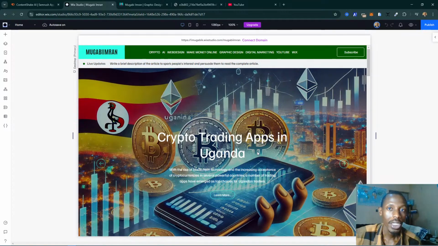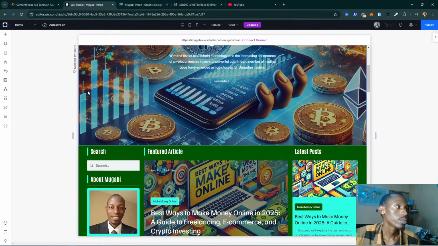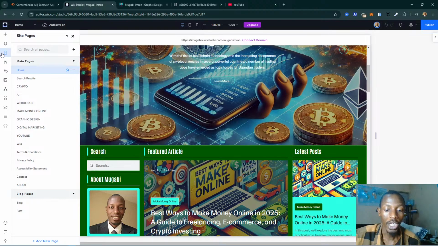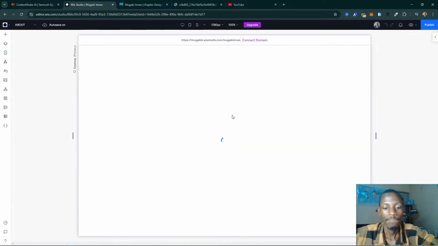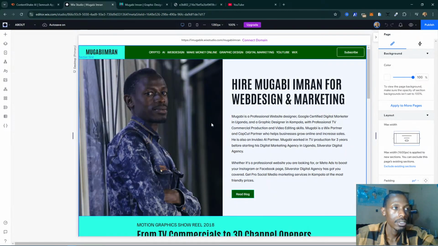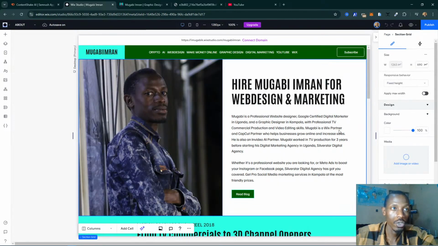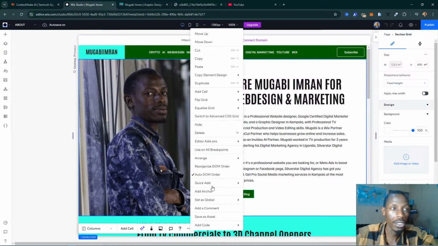So after refreshing the page, after refreshing your editor, usually it takes you back to the home page. So what you want to do is go back to the pages here and select the correct page that you were editing before. So we go back to the about page, and we are going to duplicate this section. Select it once, use these three dotted buttons,